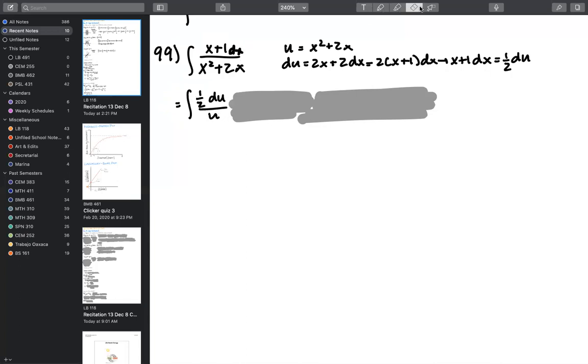So what function gives 1 over u as its derivative? The natural log. And when we take the antiderivative of something that we know to have the natural log as its antiderivative, we use these absolute value symbols. The 1/2 is maintained because again, once we plug in that u, it'll cancel out with the derivative such that we get the correct integrand and everything checks out. But then we